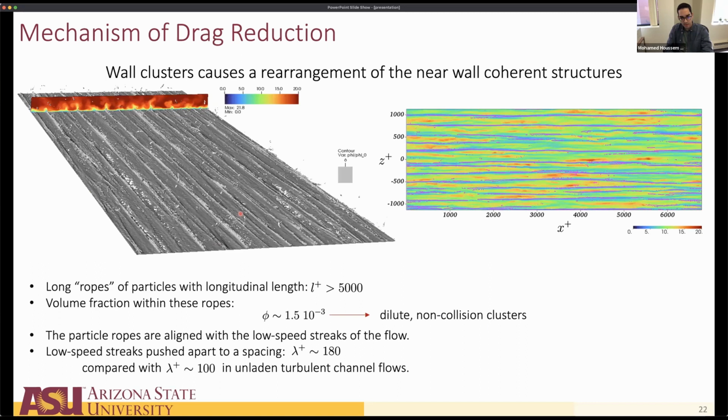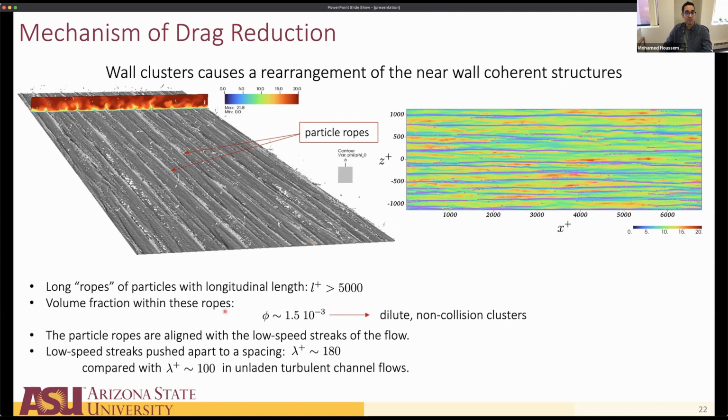Okay, so those are our observations, but really, what is so special about this case Stokes 30 that we don't have for the case Stokes 6 of the drag increasing case? So when we looked closer, we found that the particles have these very peculiar clusters forming near the walls that we call particle ropes. So these clusters essentially span the entire domain. And that's why we're doing these larger domains, just because we get these ropes that are so incredibly long. The bigger the domain, the longer the ropes. Here we have ropes that are over 5,000 wall units in length.